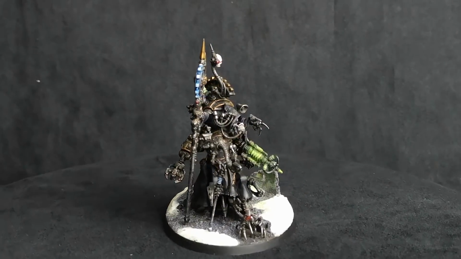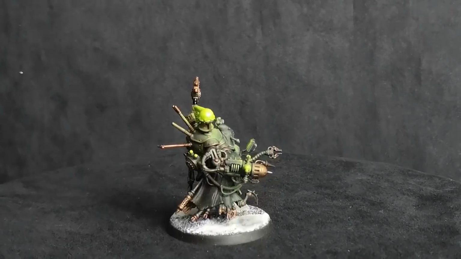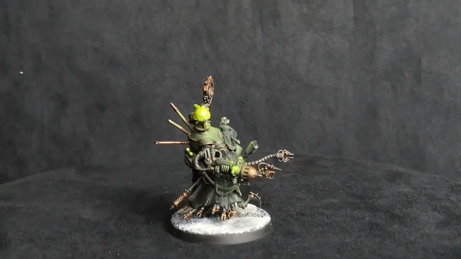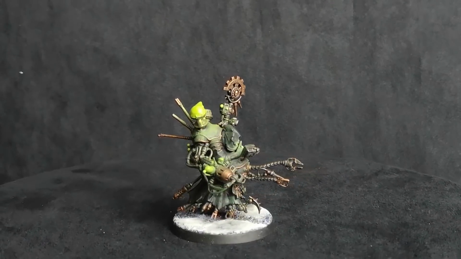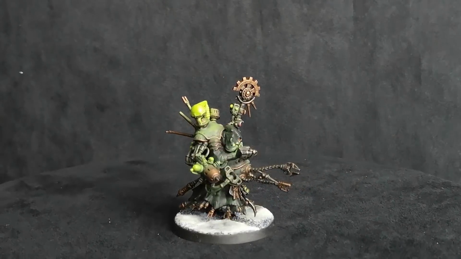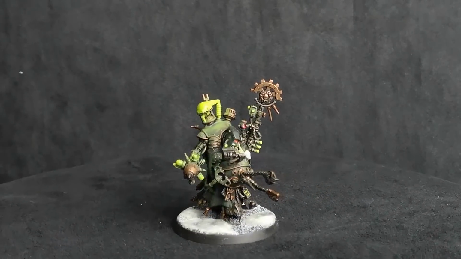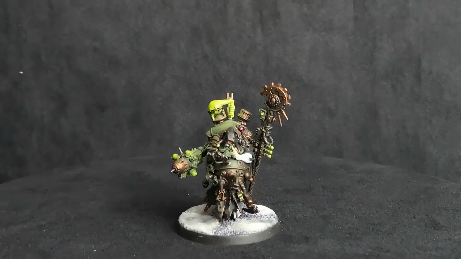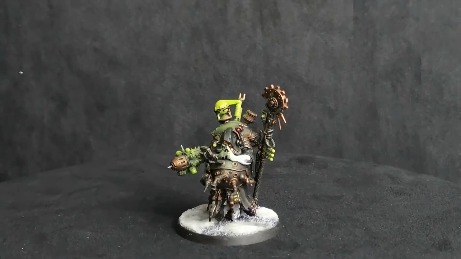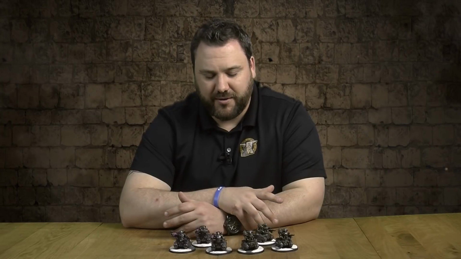So another great model that synergizes amazingly with these guys is the new Tech Priest Manipulus. If he stays stationary at the beginning of the movement phase, you can choose one of his stances, so to speak. One increases the range for movement, assault and advances. Again, you're not going to be using that very often, especially in a Mars gunline army,